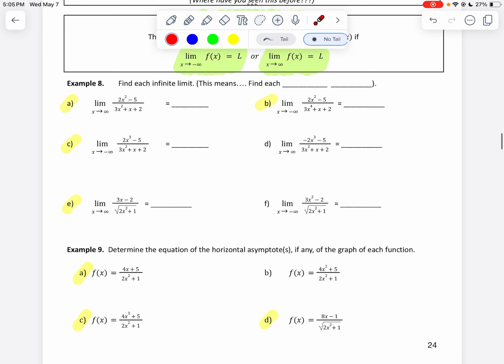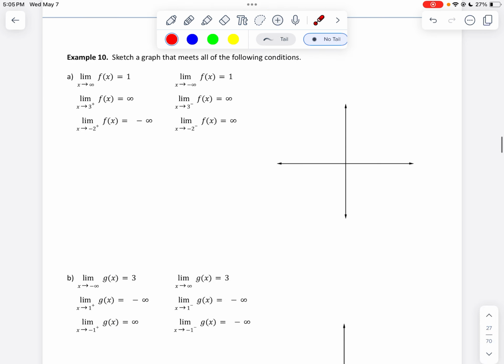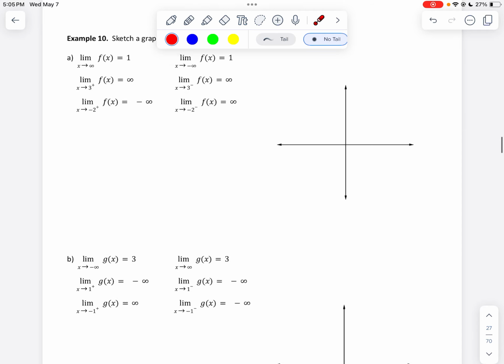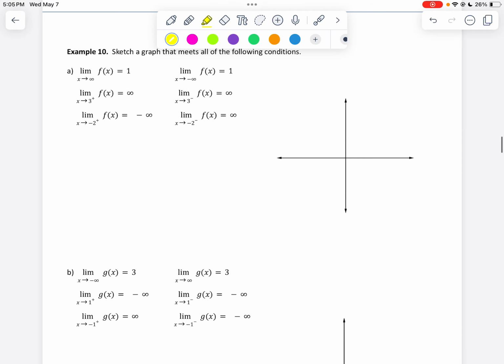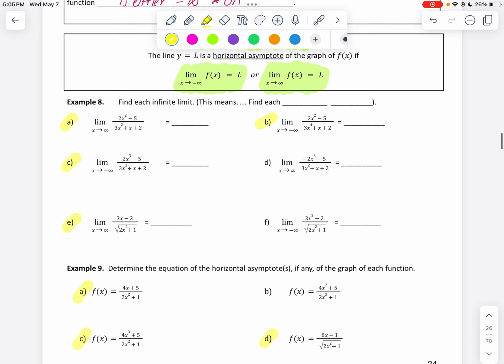So let's go ahead and I'm going to do a couple examples with you guys, and then we'll finish with example 10, part A. All right, so